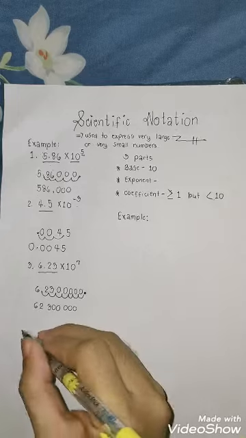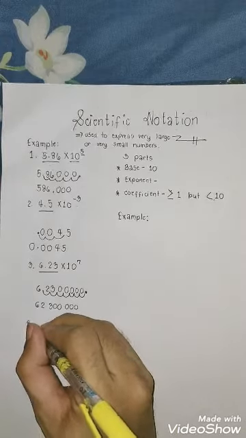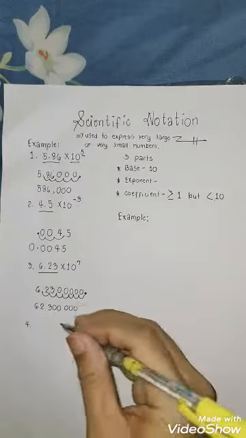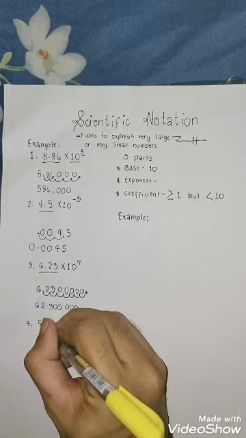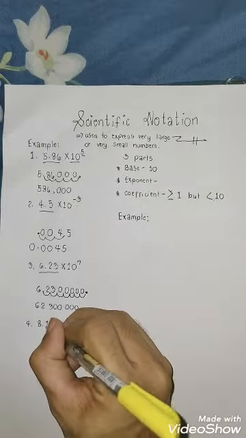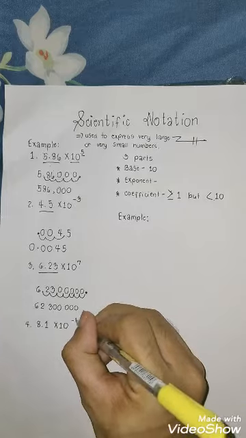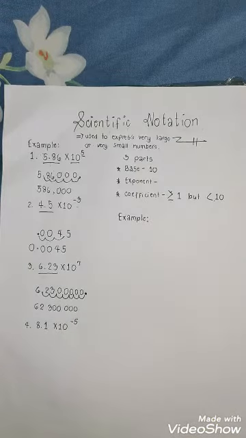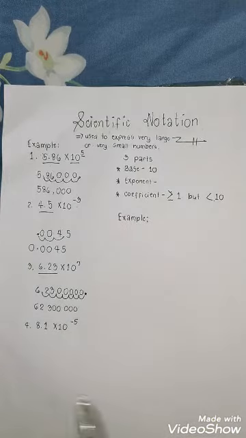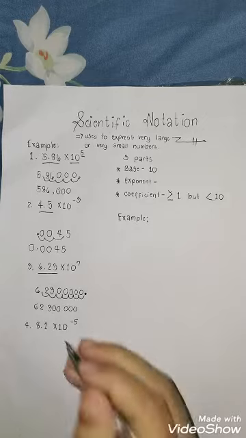Okay, now, for the last example, so we have number 4. So, our example number 4 is 8.1 times 10 raised to negative 5. So, negative po ang ating exponent. So, ano ang gagawin natin? Kopyahin si